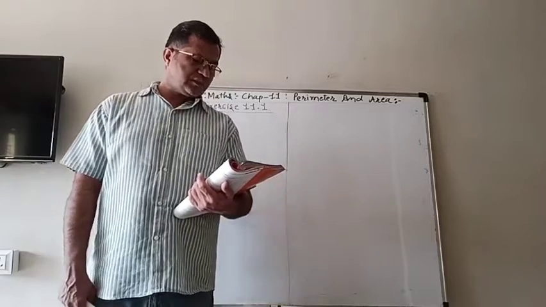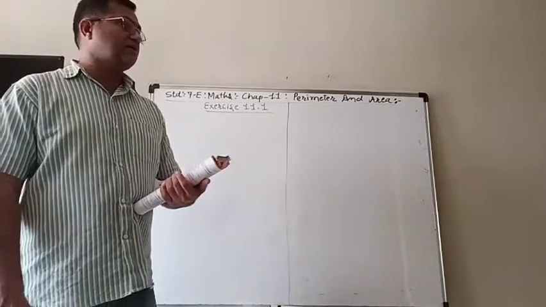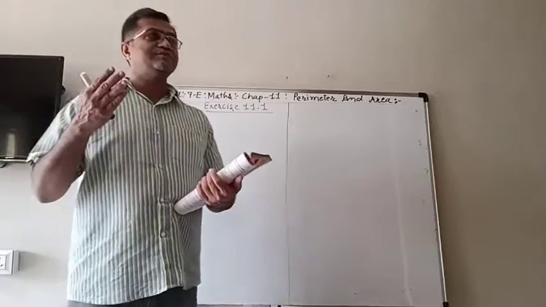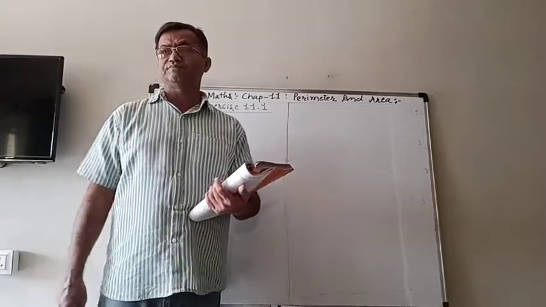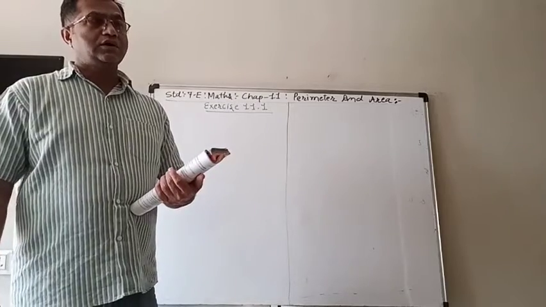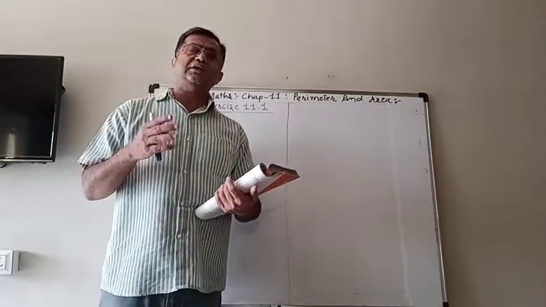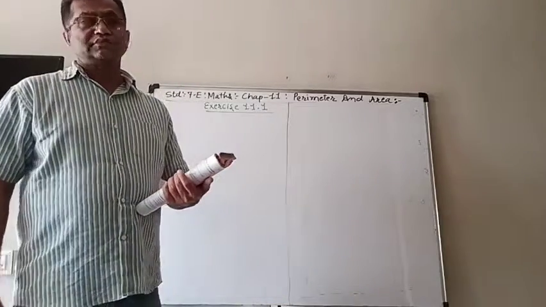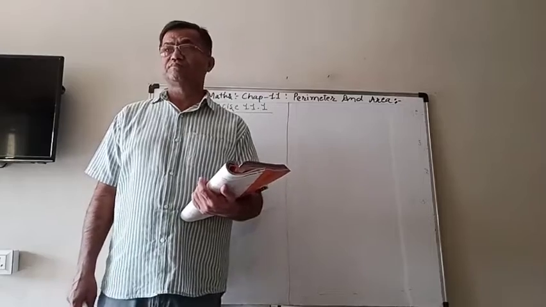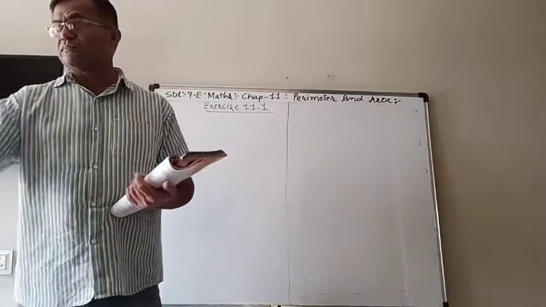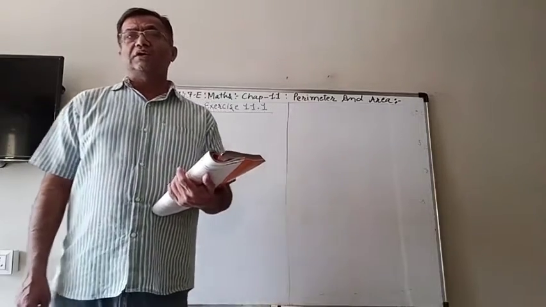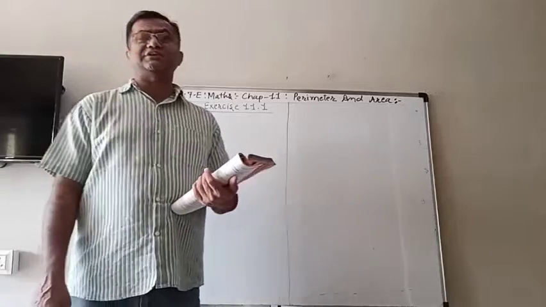Now, also I explained that when it is not specified whether we have to find perimeter or area, what things should be in your mind. If something is to be done at the boundary, like the fencing or building a wall, etc. In this situation, also to put the lace around a cloth. In this situation, we have to find the perimeter.